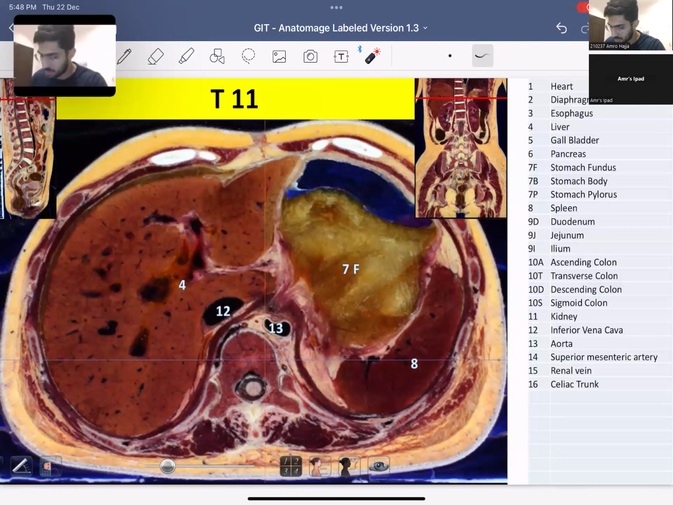And here we have the descending aorta, abdominal aorta, and here we have the fundus of the stomach, and then lastly we have the spleen. So now here comes the other question. So I'll just put a point here. Now, question one: name the structure by which the marker is pointing at, and it's going to be the fundus